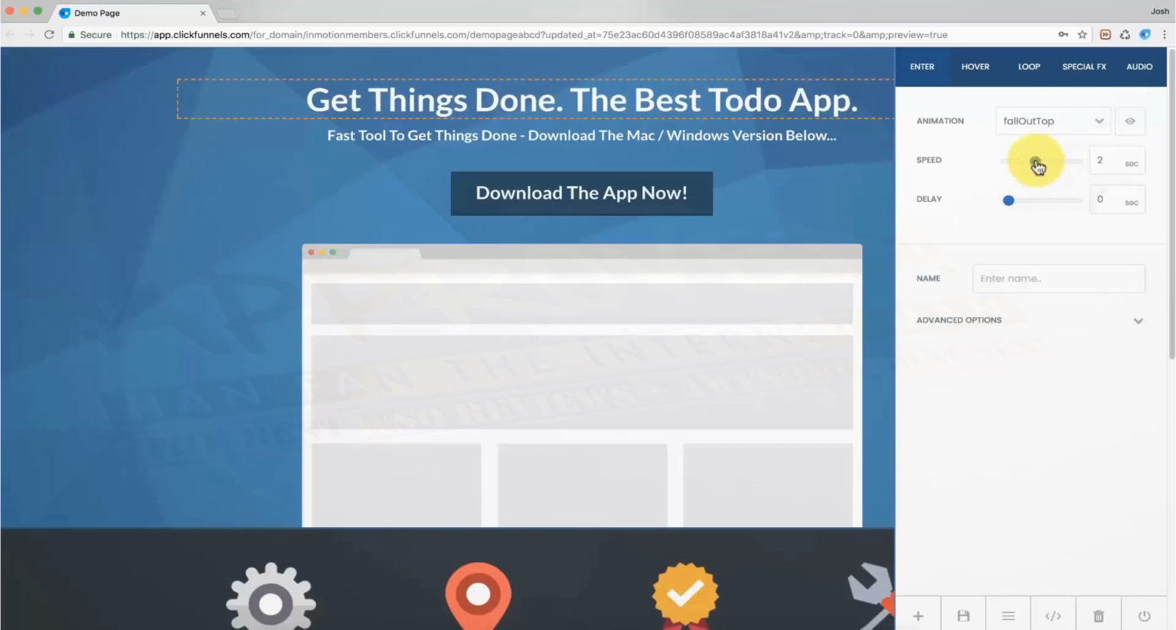And then what you would do is simply go ahead and adjust the speed. If you want to make it slower, just bring it up to the right like this. You can also manually type in a number, so I'm going to type in maybe 1 to make it really fast, or maybe 5 to make it really slow like that. You can also delay the animation so that when the element appears on the screen it doesn't start animating for a certain amount of time, but I'm going to leave that at 0 for now, and I'm going to give it a name. So I'm going to call this one headline,